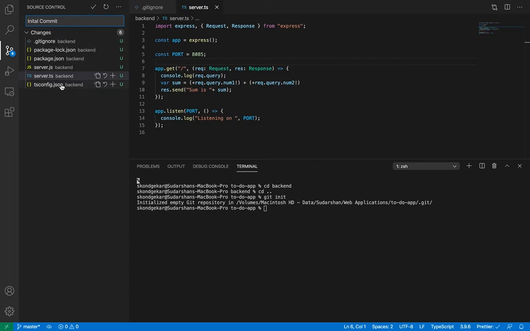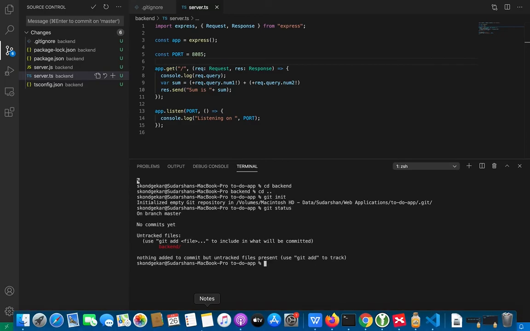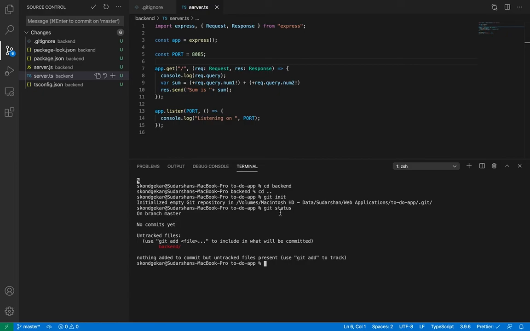But this is what you can do from Visual Studio. What is happening in the background, I will show you that. Inside the terminal, you have to type git status. It will show you what are all the files or folders which are pending and not yet committed. So it is showing that this is the folder which is newly created and not committed. First of all, I will type this command, git add dot. It will add everything, and now if you see, it has changed from changes to staged changes.